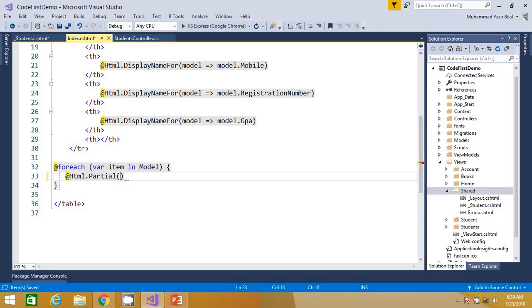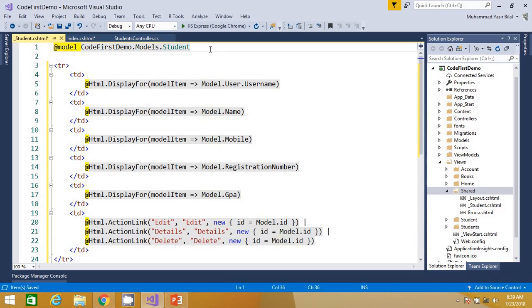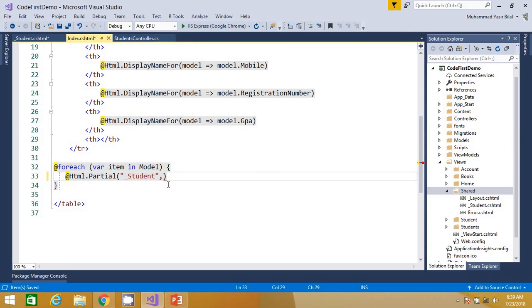So let me pass the partial view name, as we have made here, _Student, and we pass the model object, the model for the partial view. This partial view accepts a student model, so we pass here the student model.